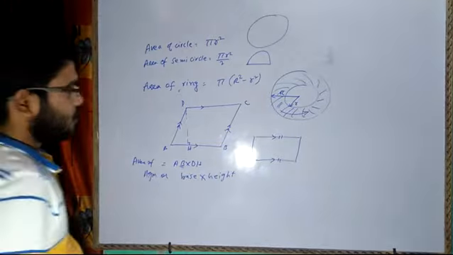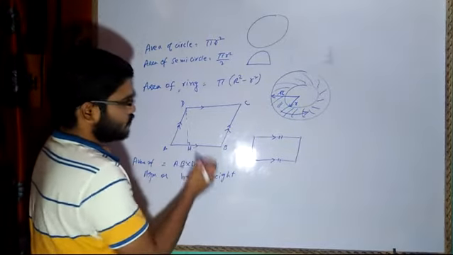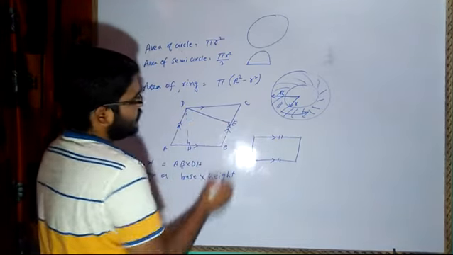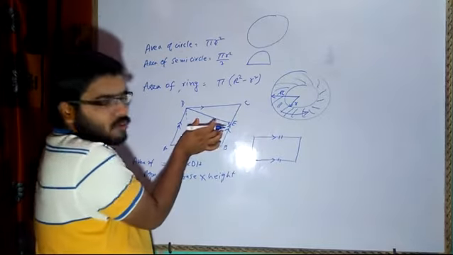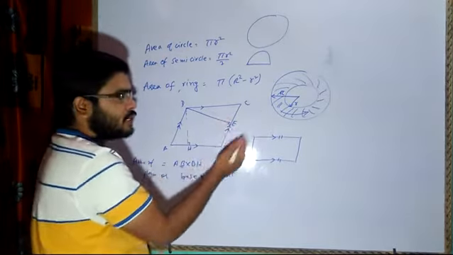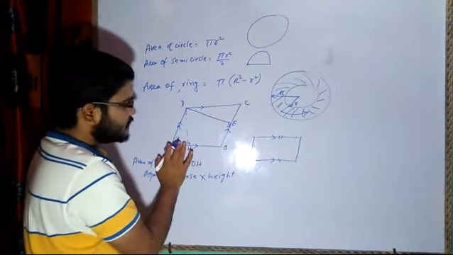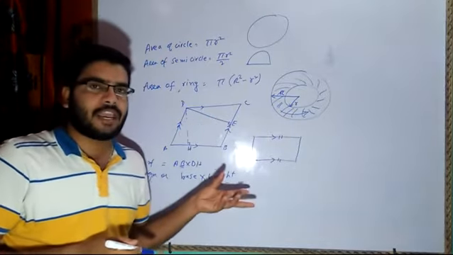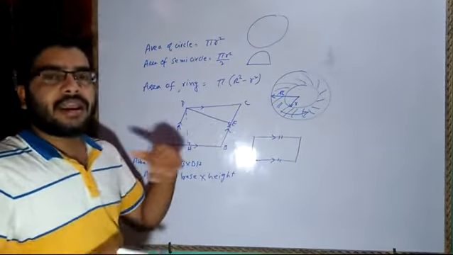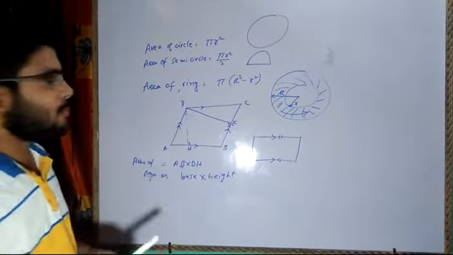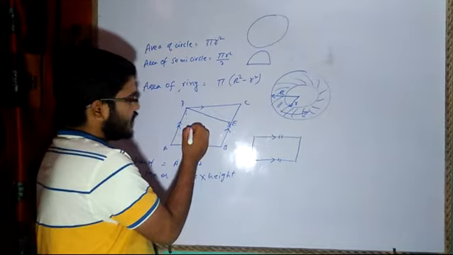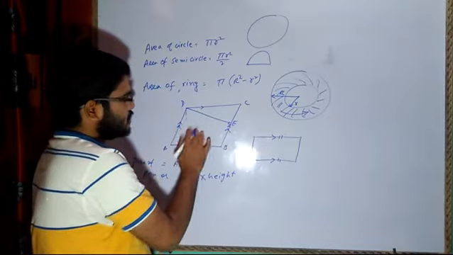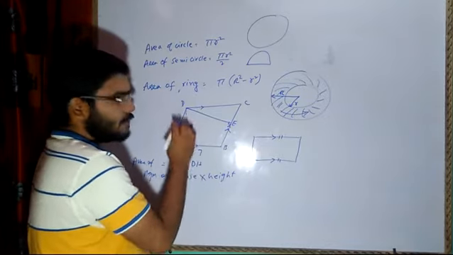Base into height. Now in this case the base is this one, height is this one. If I change the base, if I say here like E, if I change the base BC, then its corresponding height will be DE, and even if we multiply B into DE, its area will be same as AB into DH, because this plane figure, this parallelogram remains the same. Corresponding to the base, their altitude, their height will change, keep on changing. If this side, suppose I am having this side 7, this side I am having 3, so it will be 7 3s are 21. Let's take here 3, here 7, so 7 3s are 21.